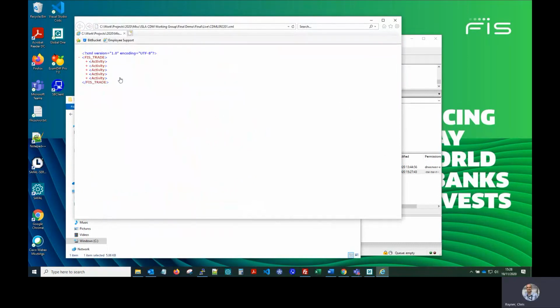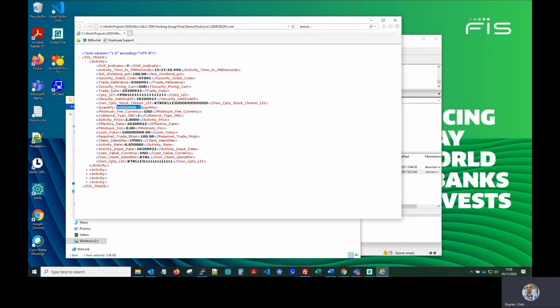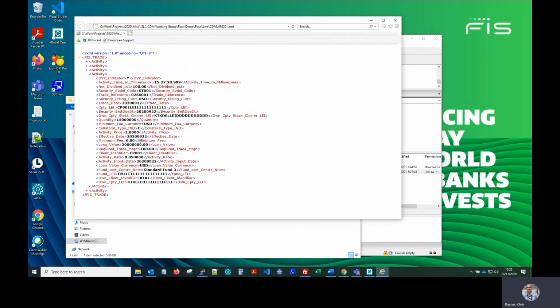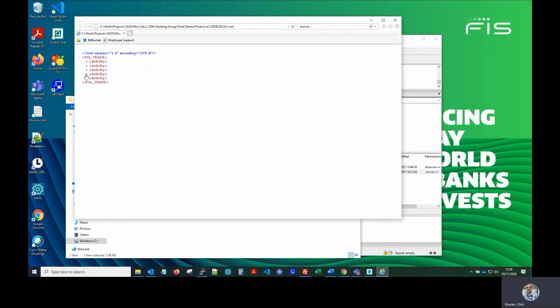So as expected, then we've got 5 records essentially in the XML. The first one is for the execution, so we should see quantity of 50 million, which we do. Then these 4 are for the 4 allocations. If we look at the third one, for example, we'll see the quantity of 15 million. We see there's with on number 3, and we see the dummy LEIs there, which we'll be using in Rosetta. Okay, so now we have got our XML file. We can pass this to the CDM for processing.